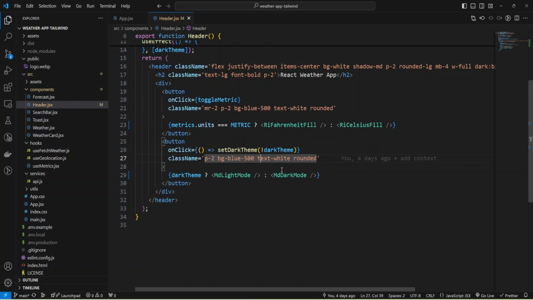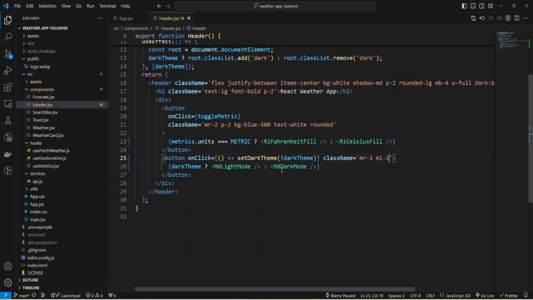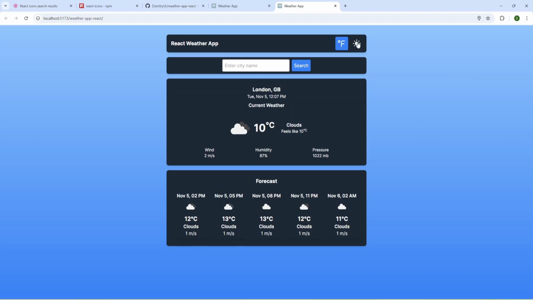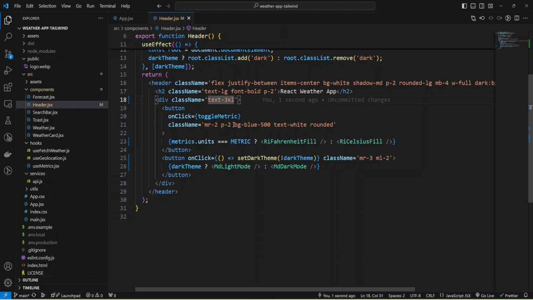For the button, I can even remove this background color and add some margin from the right and some margin from the left, and I can add a class name to the div and provide some text size, and let's try 3XL. And let's check. Okay, and we have our styles.